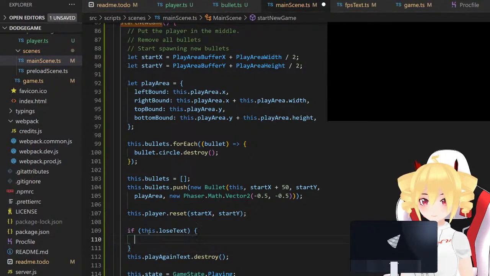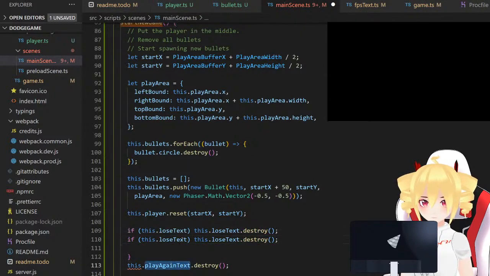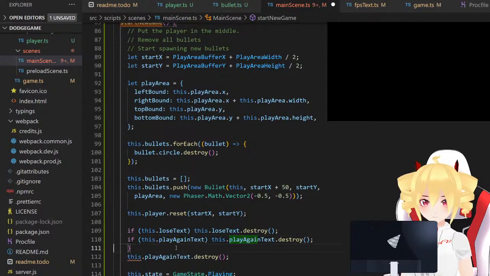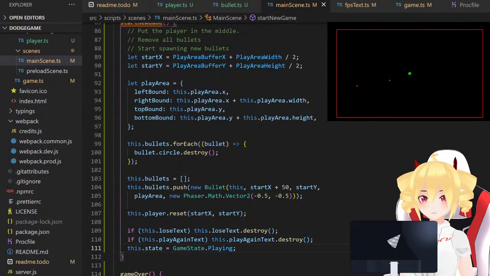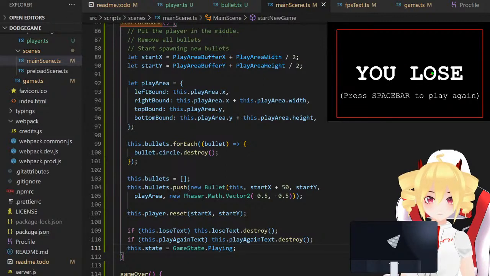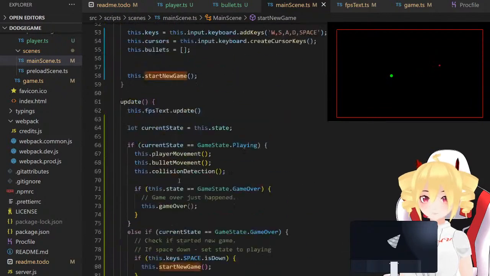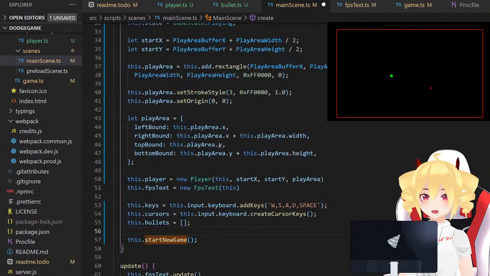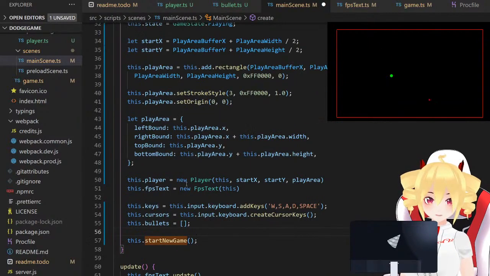Let's put it like this. Okay, now it's working. And we called start. Okay, so it looks good. So now we're calling start new game from the create function, which is good because that means